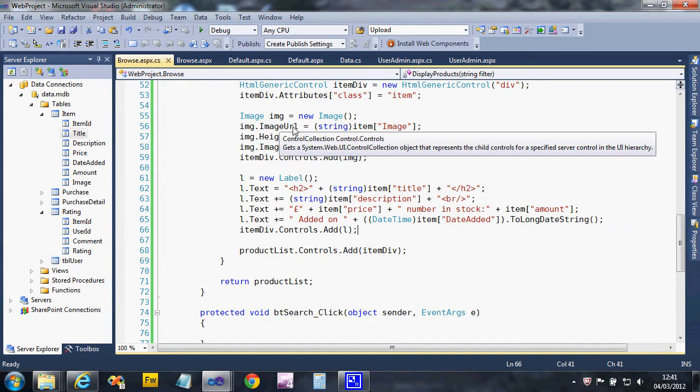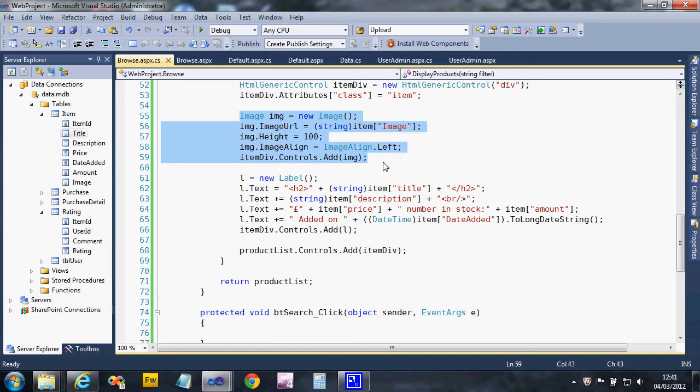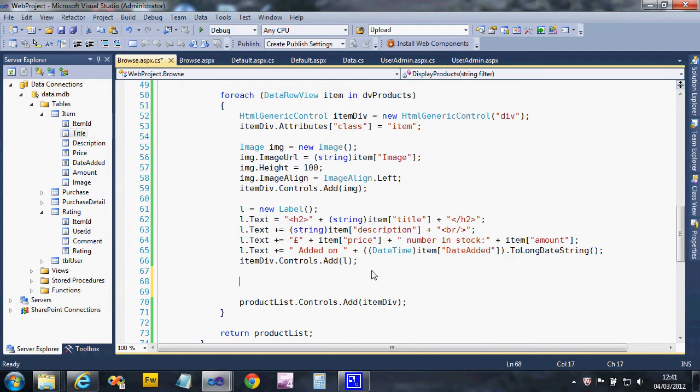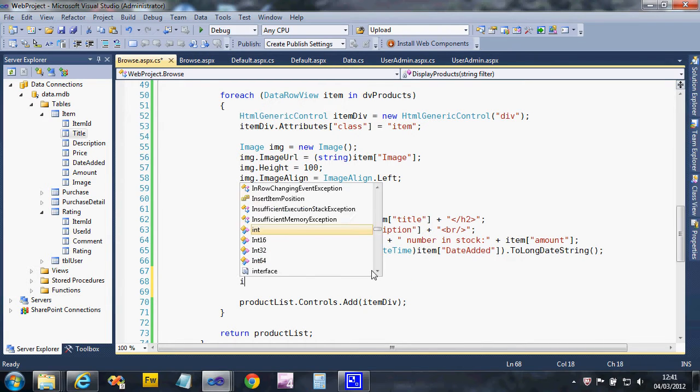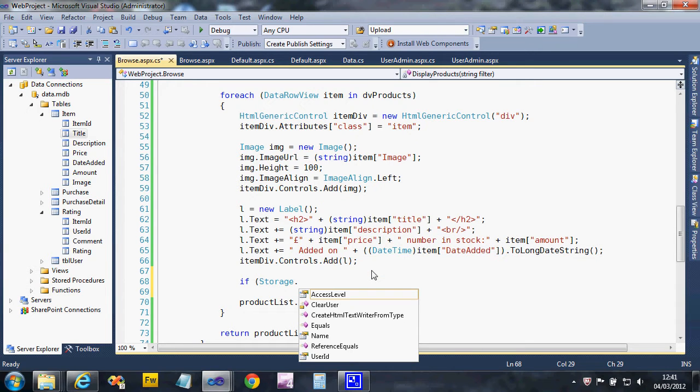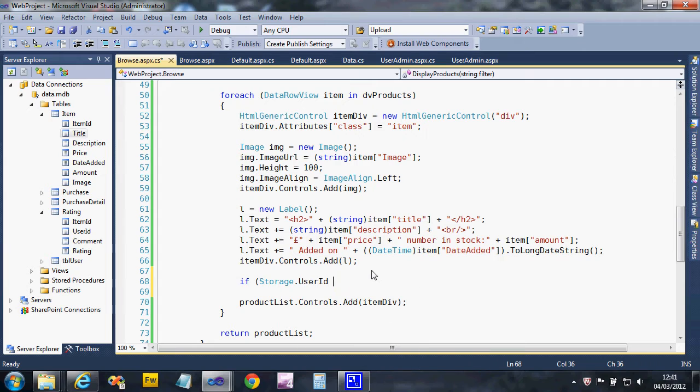Here's the bit where we add the image to the div we're creating for each item. Here's the text that we add to that. So we're going to do it just after there, but we're only going to allow users who are logged on to comment. Okay, so we're going to check our storage to make sure we've got a valid user ID. So as long as it's not equal to -1, because that's our invalid one, remember, then we're going to do